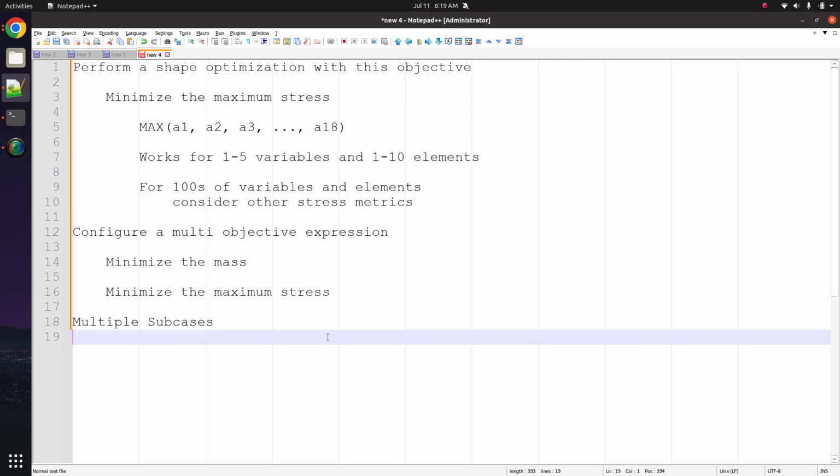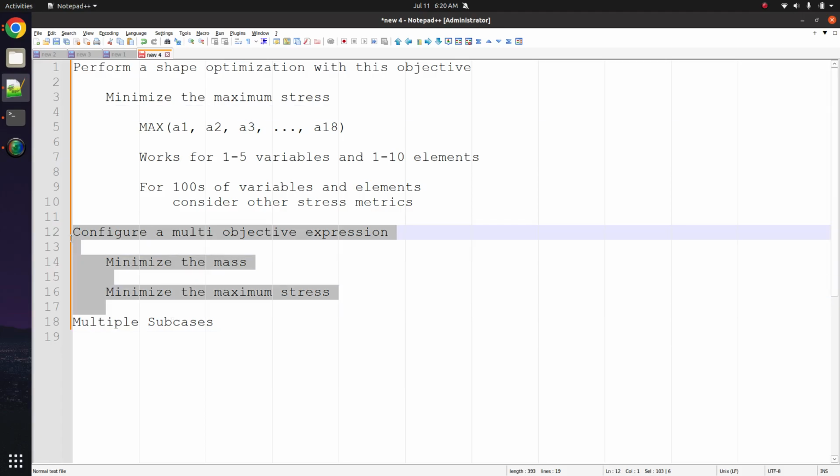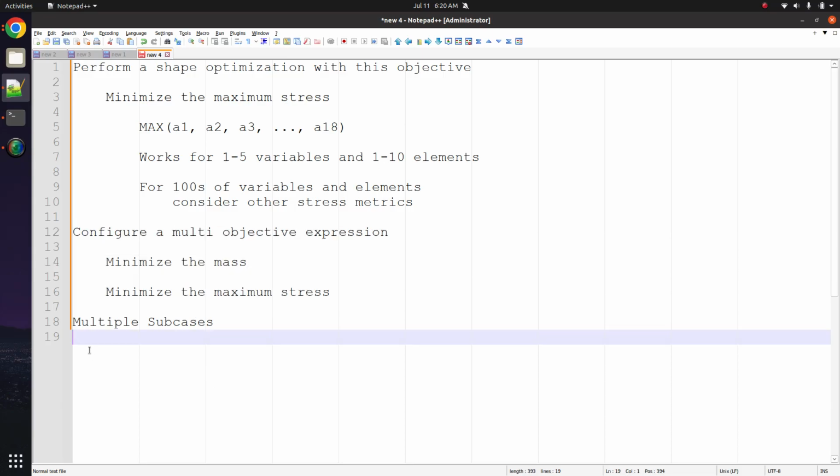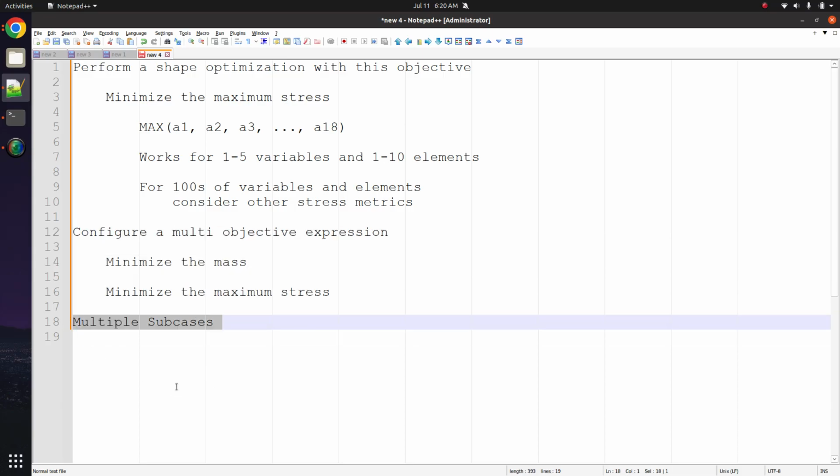In this video, we are going to discuss three things. Number one, we are going to fix a shape optimization to minimize the maximum stress. In the second part, we are going to construct a multi-objective expression that will minimize both the mass and the maximum stress. And then in the third part, I'll discuss how to perform the shape optimization for multiple